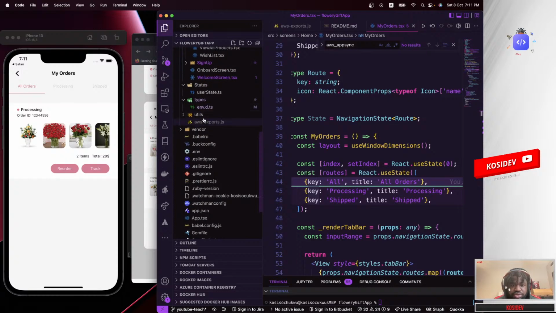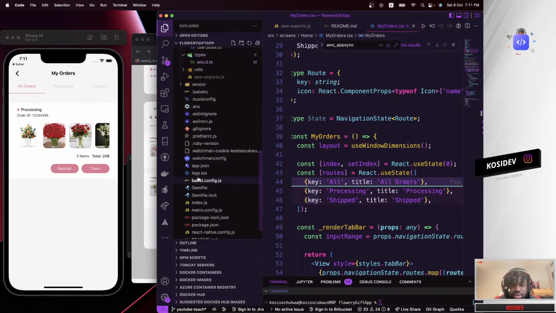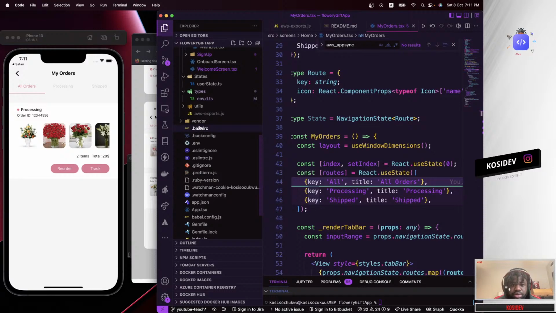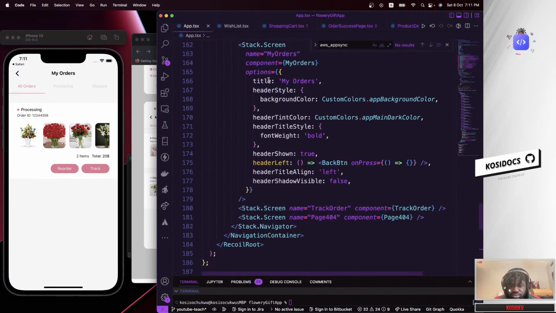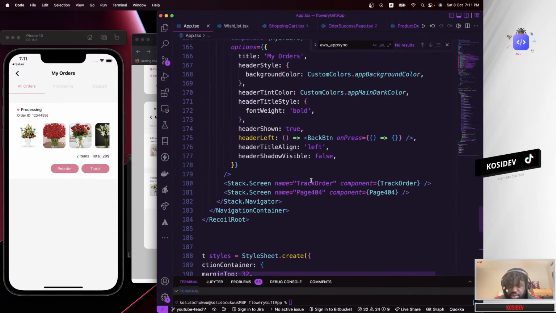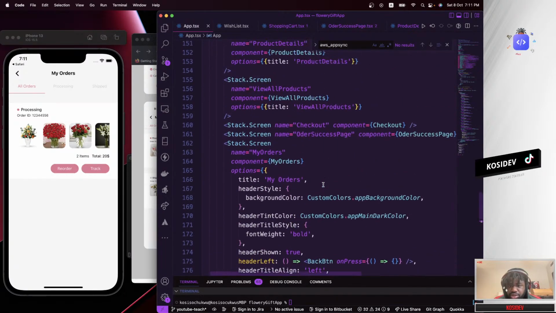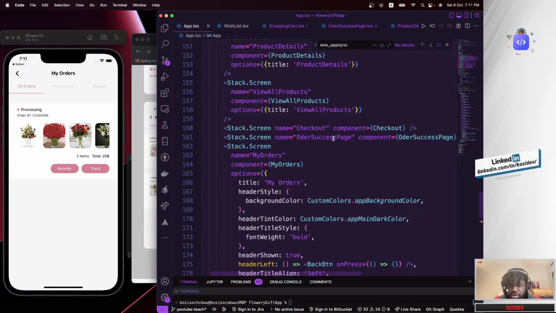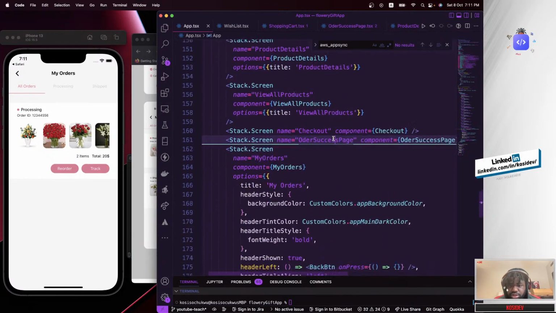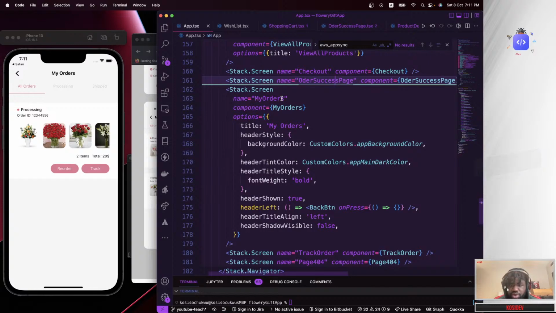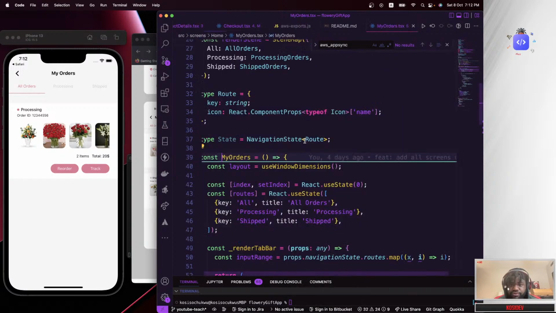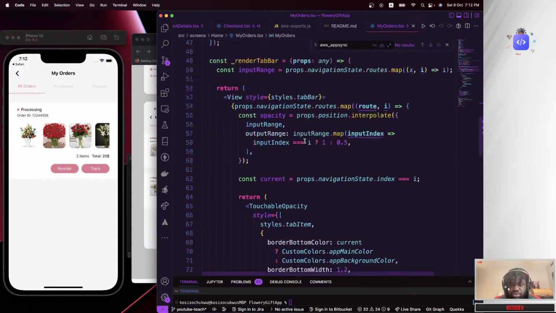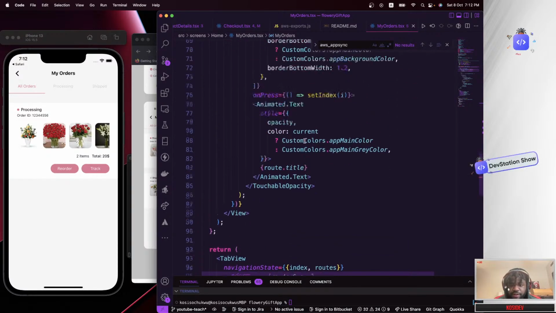So if I head back to app.txt, I have one called track orders, one called order success page, and another called my orders, which we are navigating to. If you go to source definition, there we go. So my orders is showing up right now.